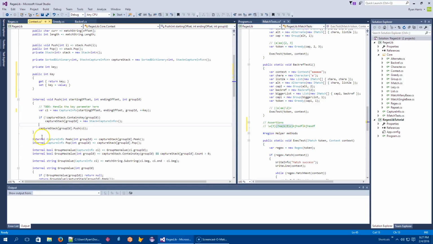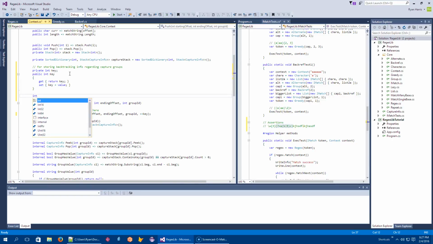So I'm going to need another function. We got push, peek, pop here, and there's our key, and this is going to be for storing backtracking info regarding capture groups. As a little note to myself.